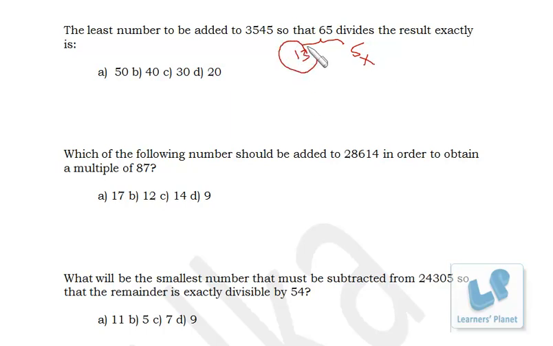Now you have to check for 13. Right? Now precisely we have to add a number from the option, so that the final answer is divisible by 13, because 5 is already eliminated. Now we have to check for 13, right? Now what is the divisibility rule of 13? As I have discussed in the basic session, this is the number 3545.